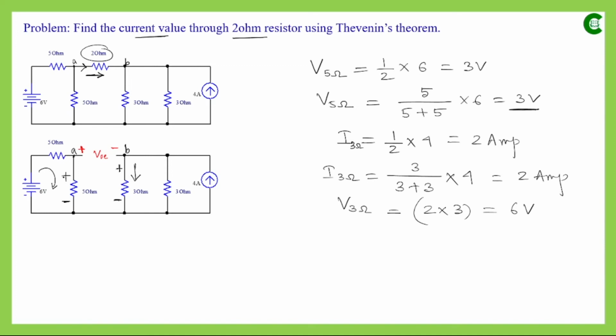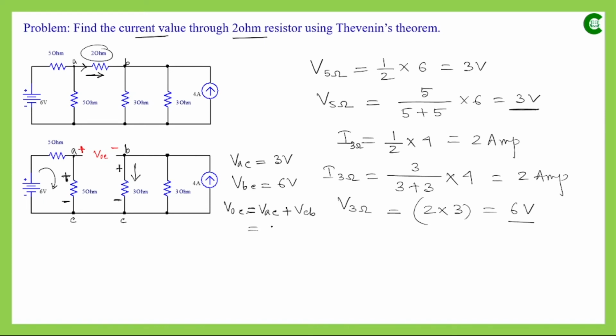So through this resistor, current will be flowing from higher potential to lower potential, and with that logic we can say this will be plus, this will be minus. Now if we mark this point as C, and these two points or terminals are the same, we can say that VAC, which we have already obtained as 3 volts, will be 3 volt, and VBC, which we have now obtained as 6 volt,